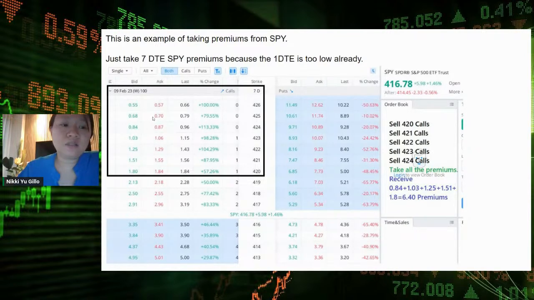So net, because you're paying 70 and you're receiving 180, you're still receiving a credit of $110. So if you do that, sell 420, buy 425 calls, and this is Feb 9 or 7 days expiry. You can also try Feb 10. So basically, what we're trying to do here is to take advantage within a week to receive that $110 premium,